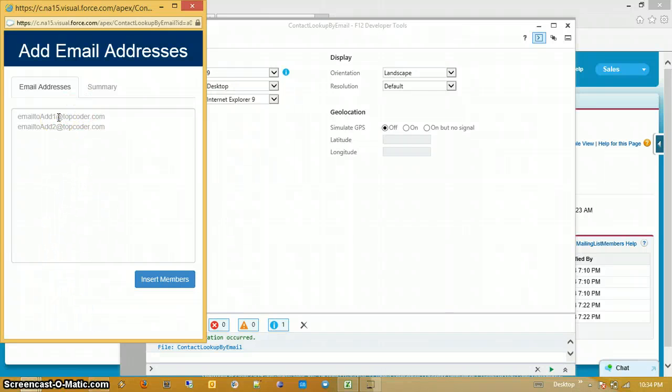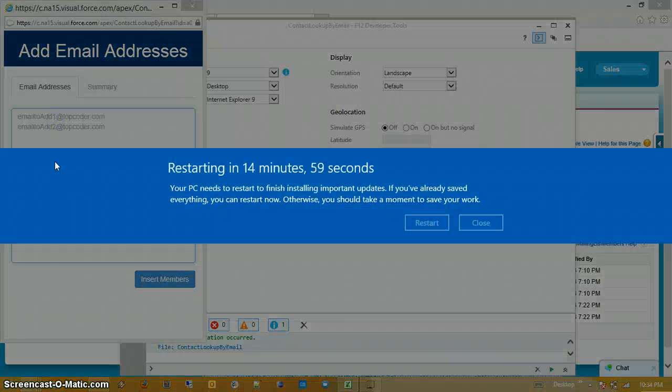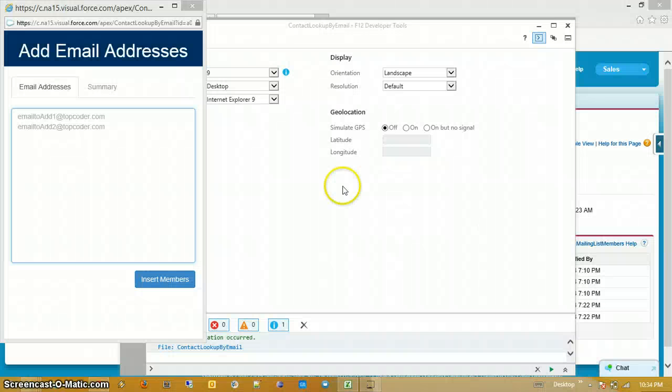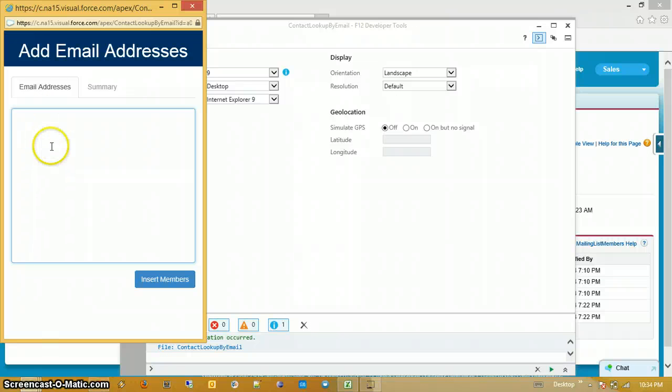You can see that I have added the placeholders: email to add 1, email to add 2. This is a placeholder on the text area.